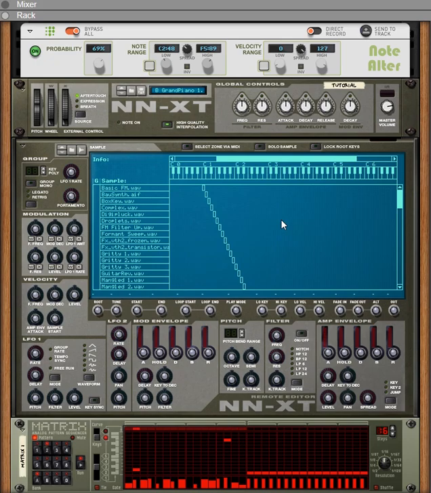Just giving you a quick tutorial to show the features of our second rack extension here, Note Alter. Now, the basic idea with Note Alter is to change the notes, to alter the notes, as the name suggests. And the capability is there to change either the note numbers themselves, which govern pitches, or the velocities of the